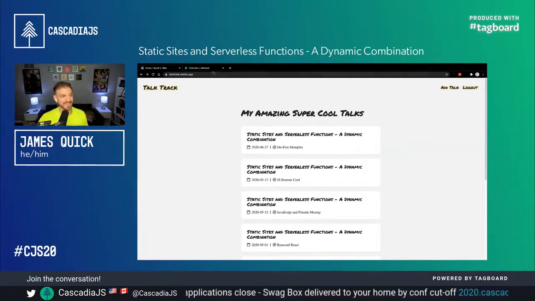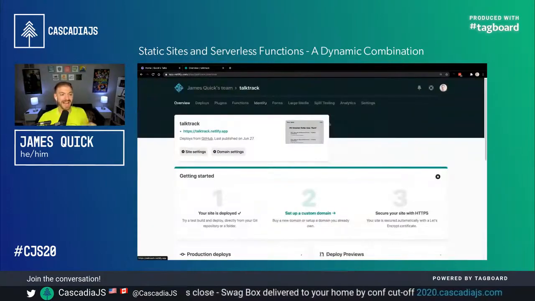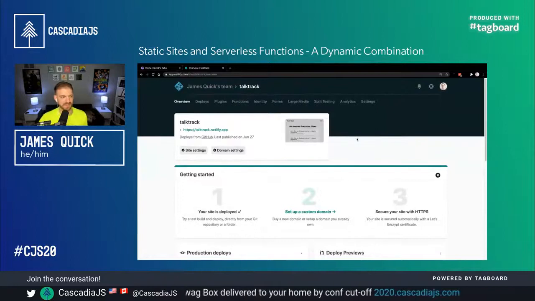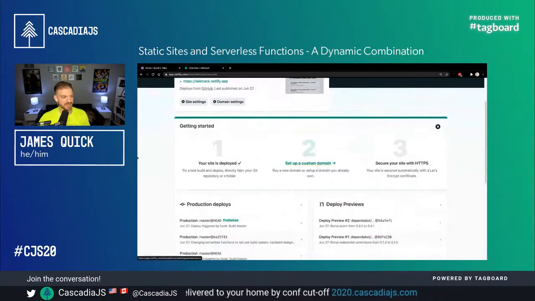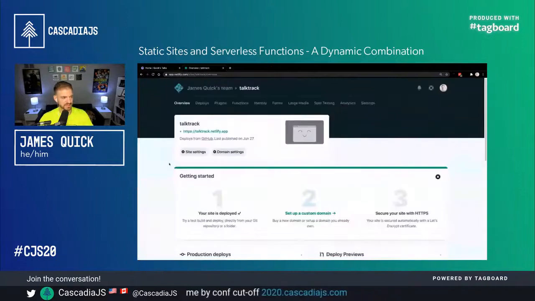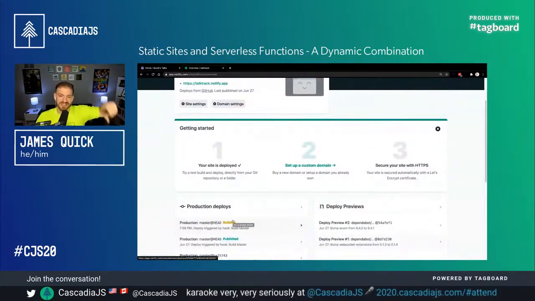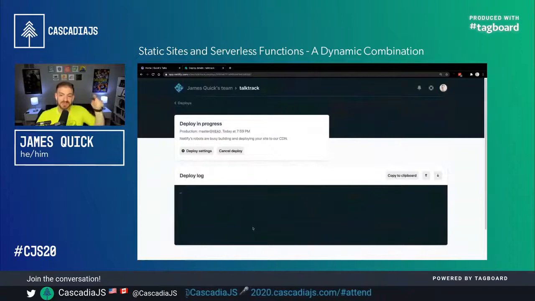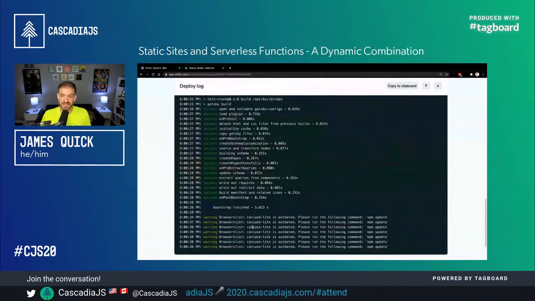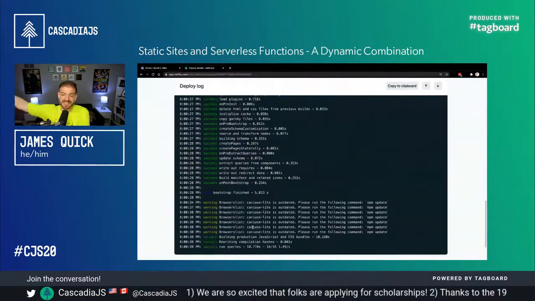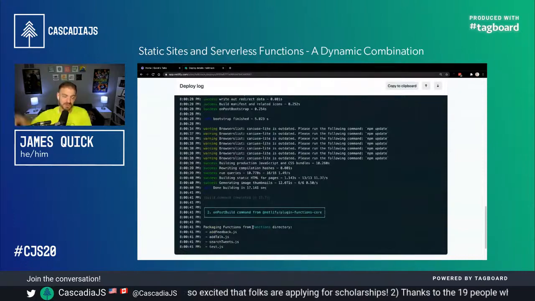But what's cool is inside of my serverless function, when I add a talk, I'm here in Netlify now. If I scroll down to my deploys, I think it may have already built, which is super fast. No, it's building. There we go. So what happens is when I submit a talk inside of that serverless function, I call a build hook inside of Netlify. And what that will do is trigger this application to build, again, going through that build process where it reaches out to grab the information from those Trello cards.